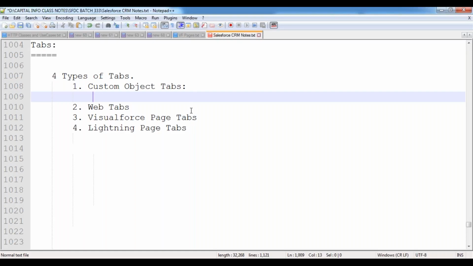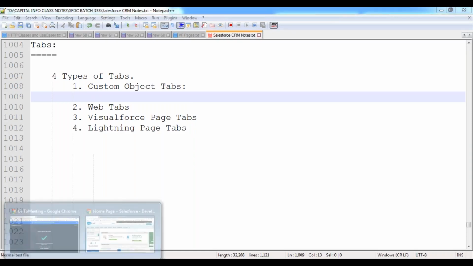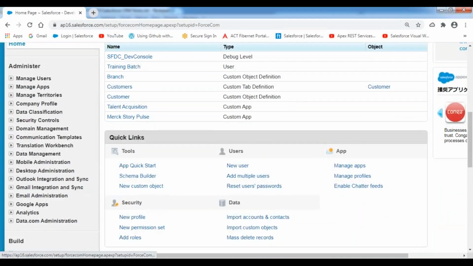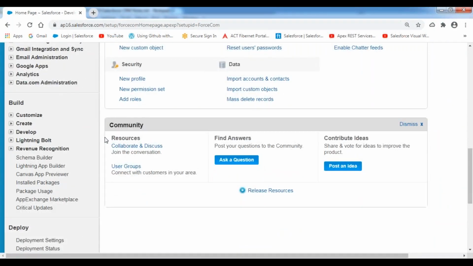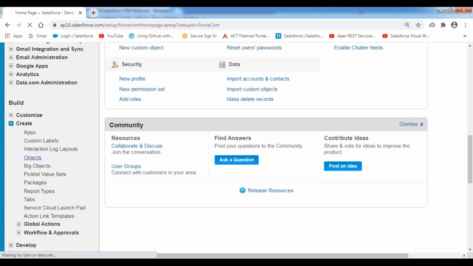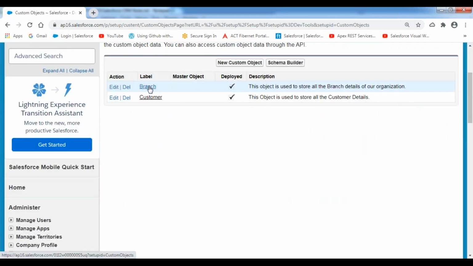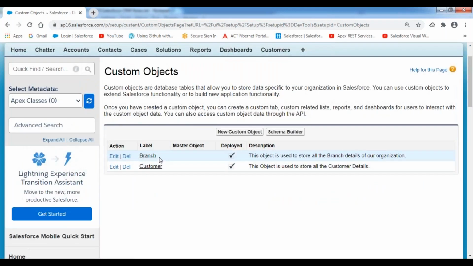Same situation in the last session we discussed practically. We created an object with the name branch. This is the object which we have created.